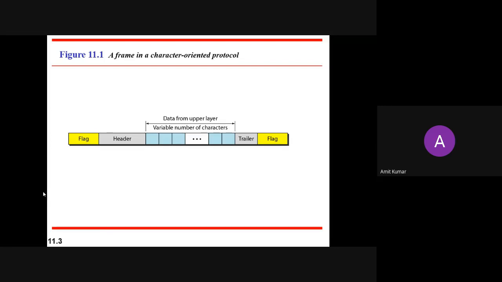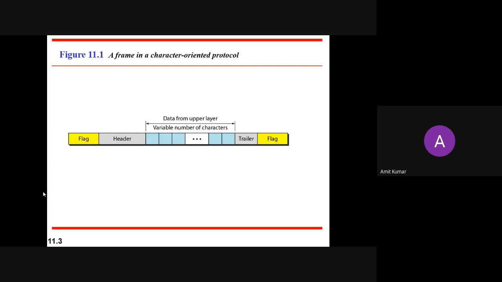So a flag is having some bits. What will happen if the same kind of information is encountered in between the data? For example, say 01 is my ending flag, or 01 is my starting flag, or 10 is my starting flag. Now in your data we have a stream 01. So it will realize that our frame has ended, although our frame has not ended.